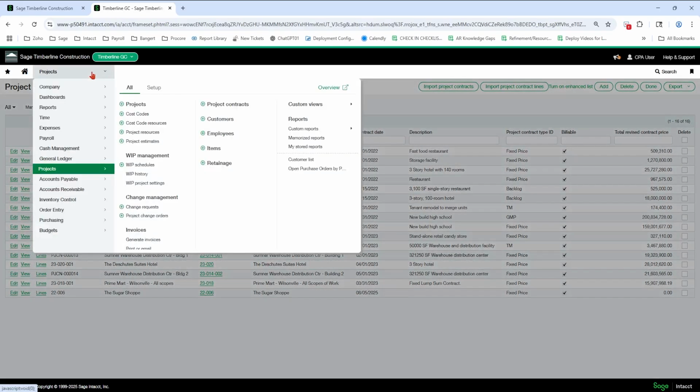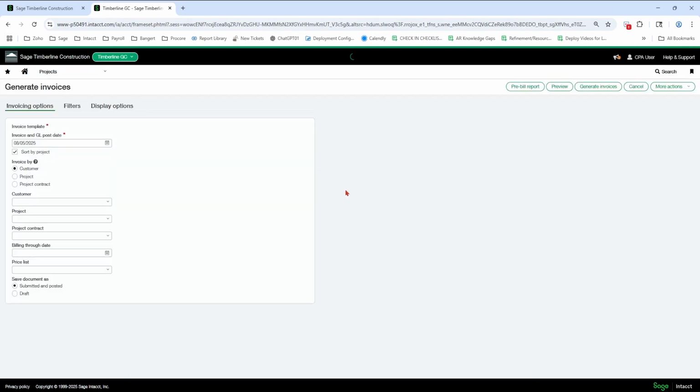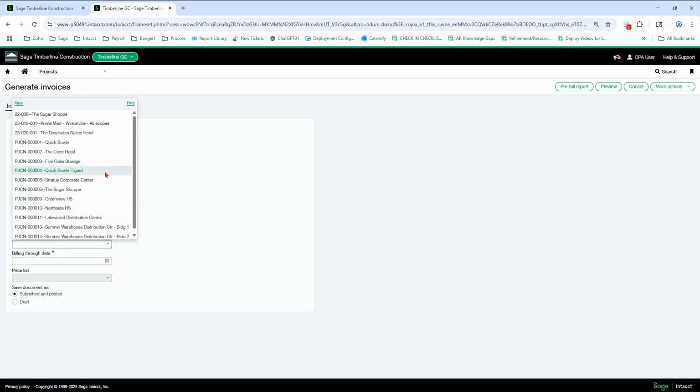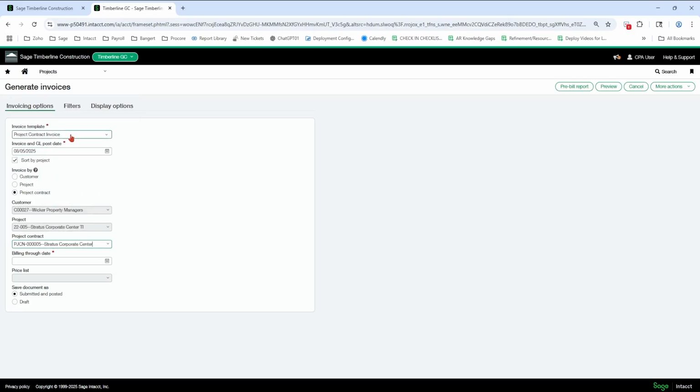Okay, so a couple more that I want to point out, a couple more items. I want to show you the generate invoice screen and a couple of common best practices on the time and material types of billings. So I'm going to pick my Stratus Corporate Center again. I'm going to pick my T&M. You can have multiple forms, okay? So you're not limited to 2. You can have multiple T&Ms, multiple quick bills, multiple lump sum. There can be however many forms you want. This is the form it's going to come out on. Okay, so we're going to preview this screen again.